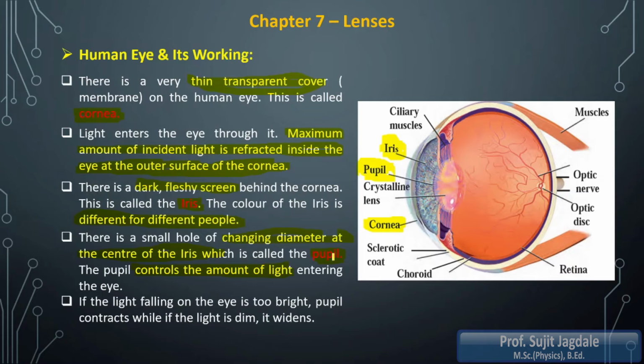That means the pupil increases its diameter, and then the maximum amount of light will be allowed to pass through the pupil. In this way it will control the amount of light which will enter into the eye. So this is the basic function of the pupil.